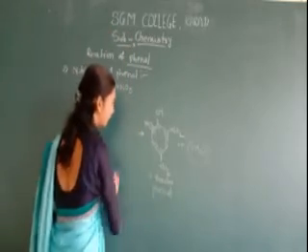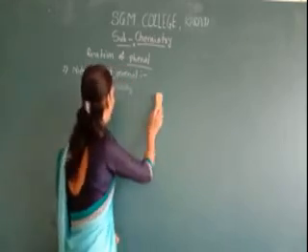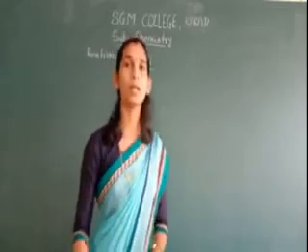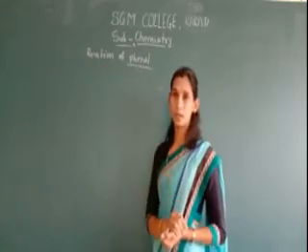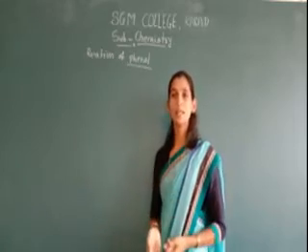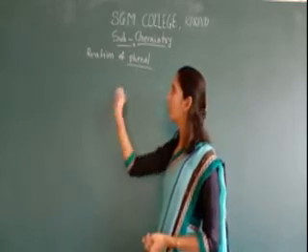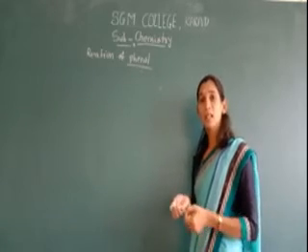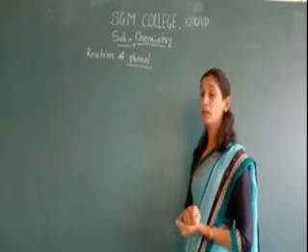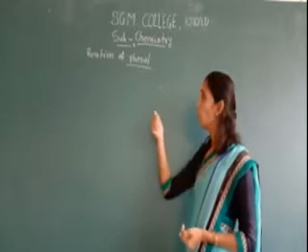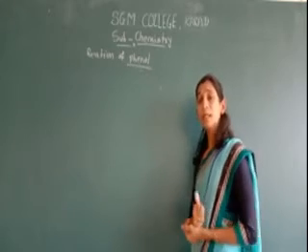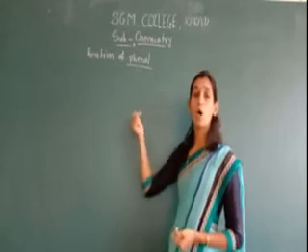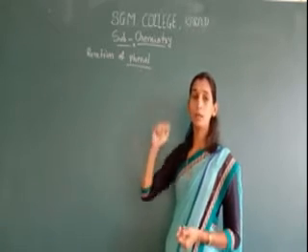Now next, third. First we saw halogenation, second was the nitration reaction, third will be the sulfonation reaction. From the name we understand which compound reacts with our phenol. Here in the sulfonation reaction, a sulfonic group attaches to our phenol. Here also we take the reaction of our phenol with sulfuric acid.